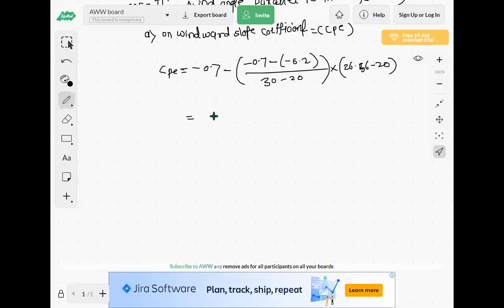So now do the calculation and tell me the answer. The answer will be from 0.7 to